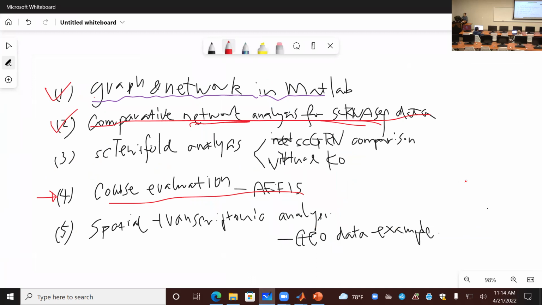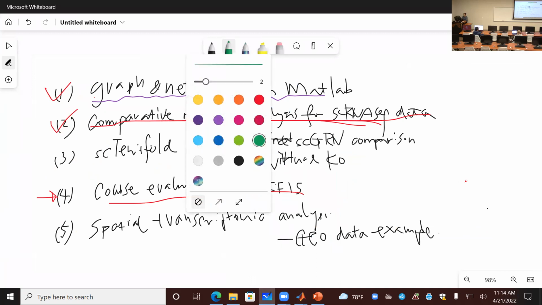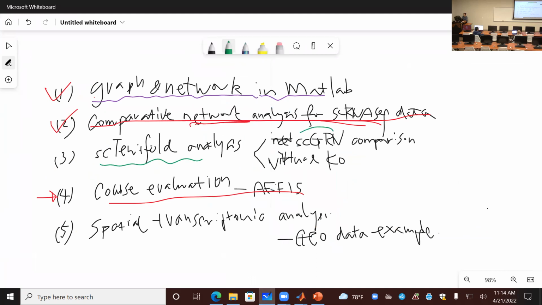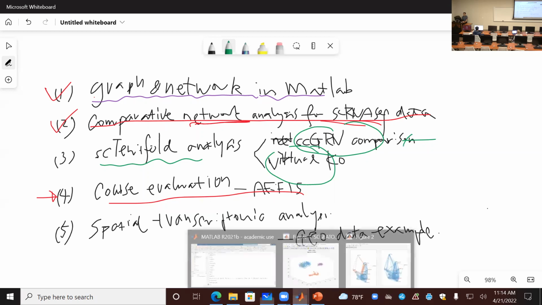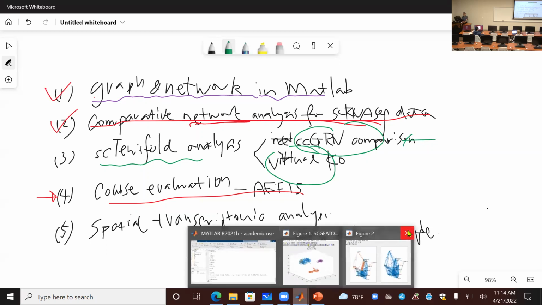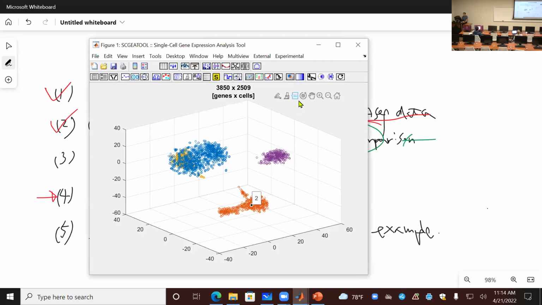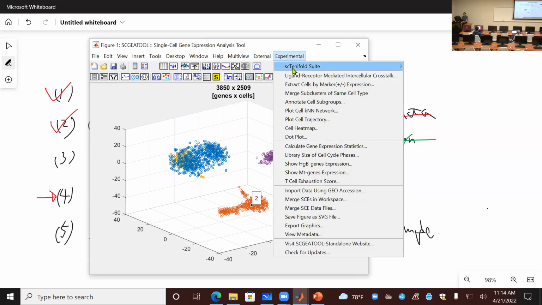Now I'm going to show you this one here. Okay. So this is a global level, the whole transcriptome comparison, rather than just focusing on 20 or a small set of genes. Again, that will take very long. I'm not going to click any of these buttons, but I just show you where